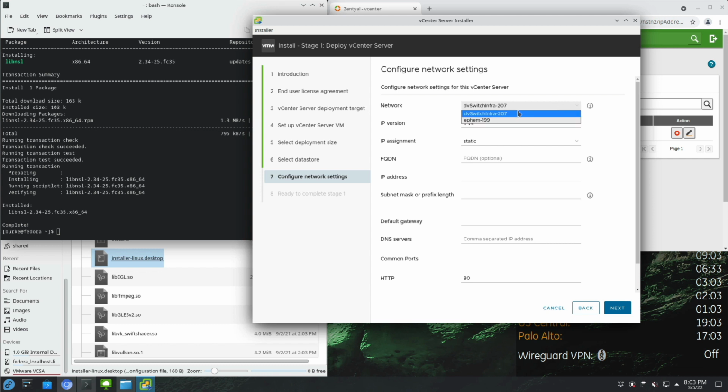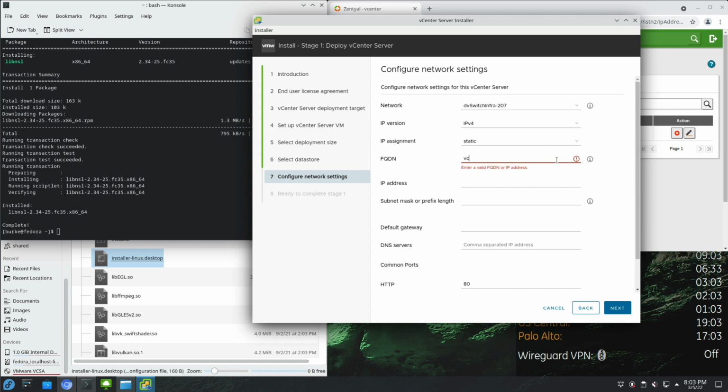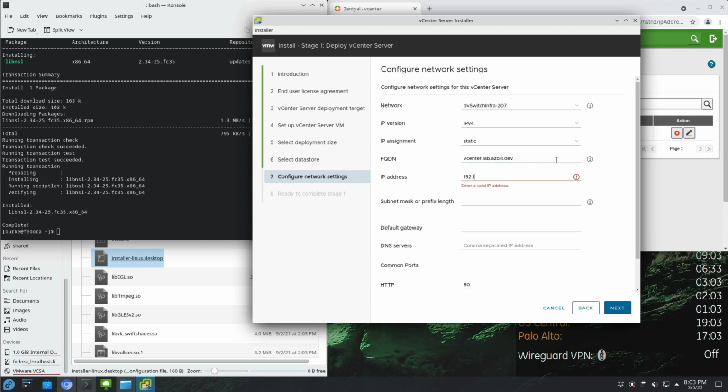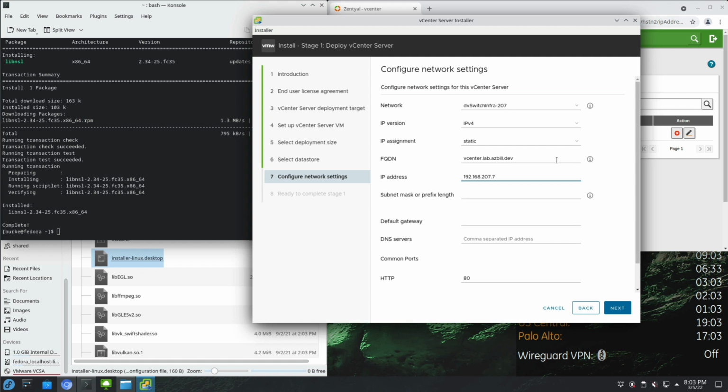All right, network, I want it on my 207 network, so that's right. And my FQDN, my fully qualified domain name, I want that to be vcenter.lab.asbuild.dev. And the address we had was 192.168.207.7. Our subnet mask is 255.255.255.0, so it's a /24. And I like using .1 for my gateways, so there we go.